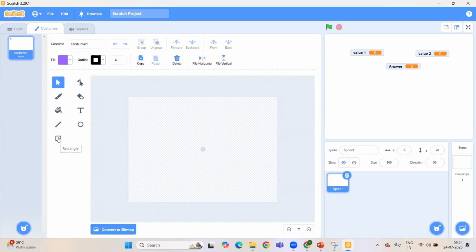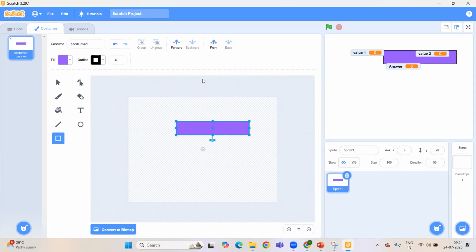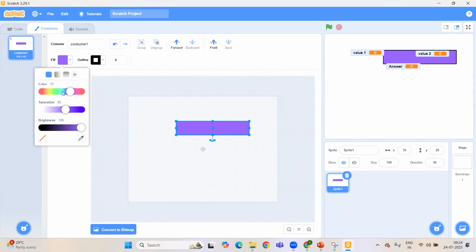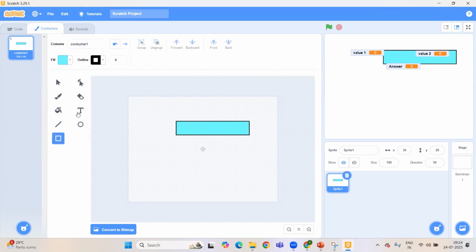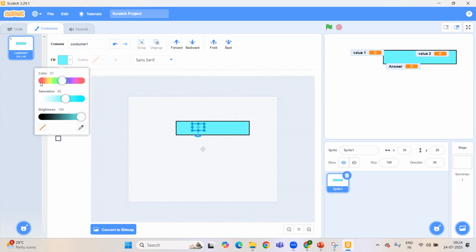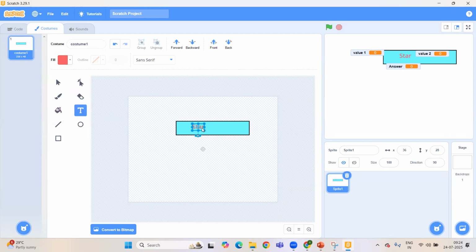So you have to take one rectangle, for example. Yes, and this color is okay. We can change the color as well if you want, like I can put it here. And then you have to select the text and just set it here, and write here start. So this color is not good because it is not visible. So we can change the text color. Yes, red. Now it is properly visible. Now you can write start